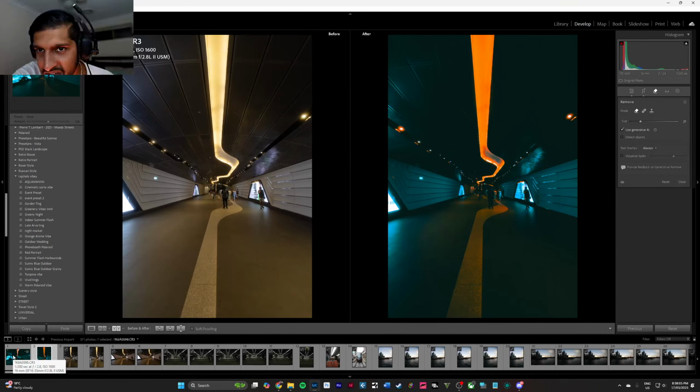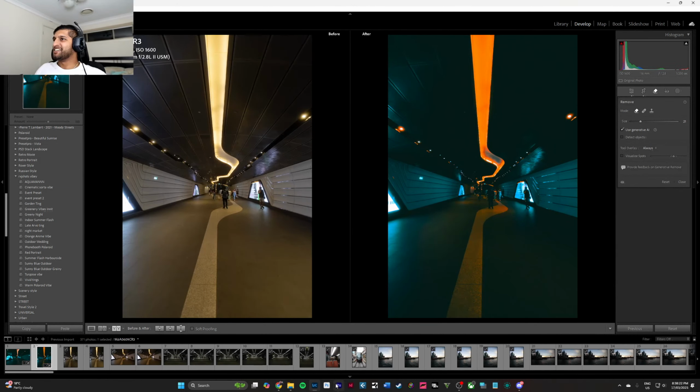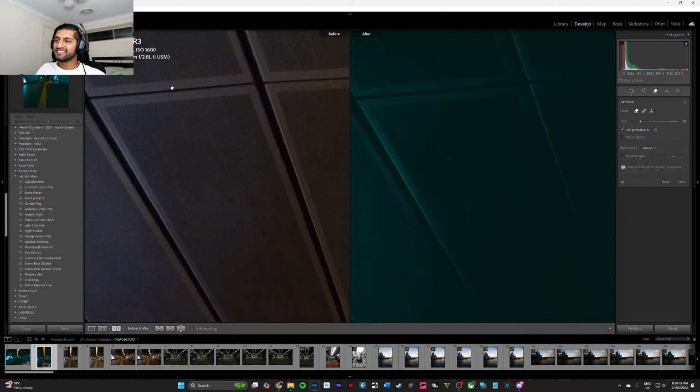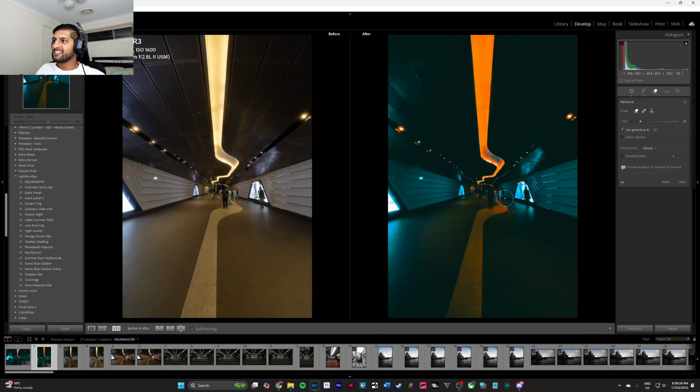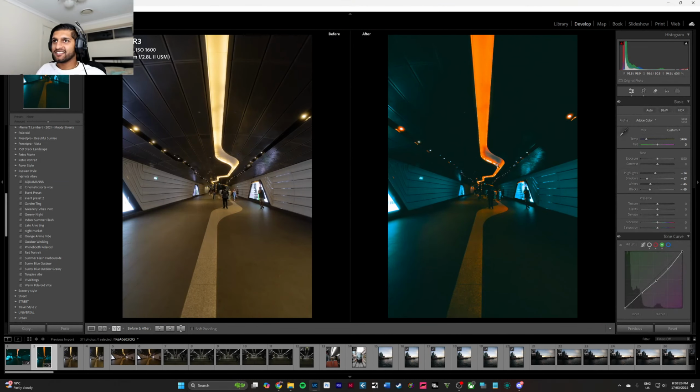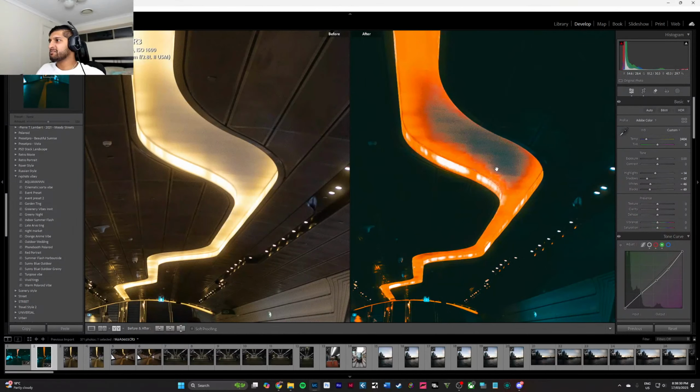Let me drop my ISO like 3200. Oh, that is horrendous. Oh, never mind. You can drop the ISO down. Yeah, on my camera. Sorry, on my camera. You can drop the ISO down. No. I wish, bro. I'm already shooting at 1600, like, what is it, 200 a second, which isn't bad. But